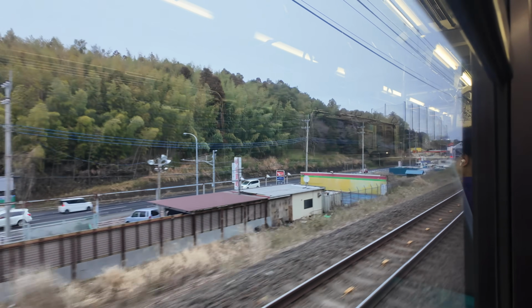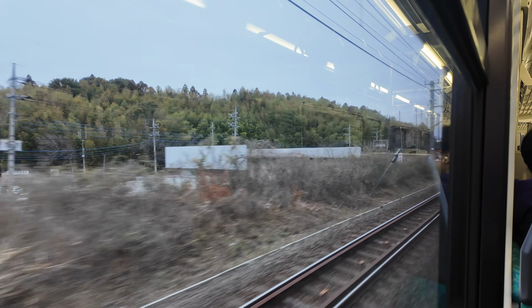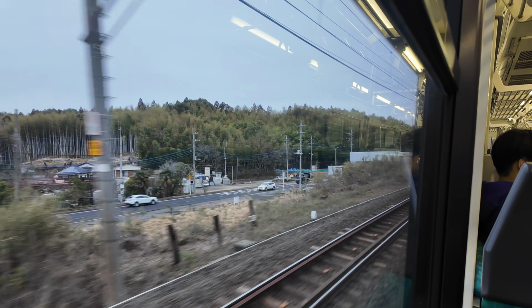you don't get lost. There are 3 local lines available, and that includes the JR Sobu line, Keisei Access Express, and the Rapid Limited Express. Each will take you about 90 minutes to get to downtown Tokyo. You also do not need to pre-book your tickets, simply use your digital or physical Japan IC card to pay